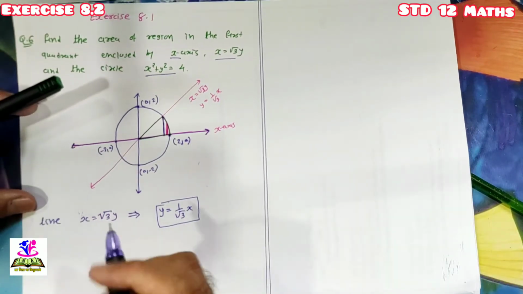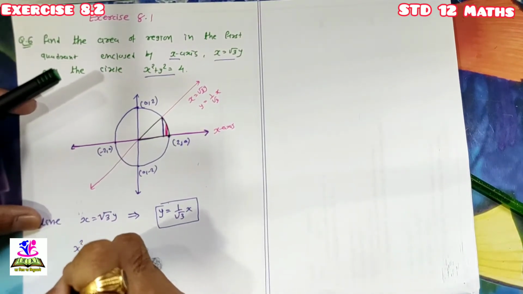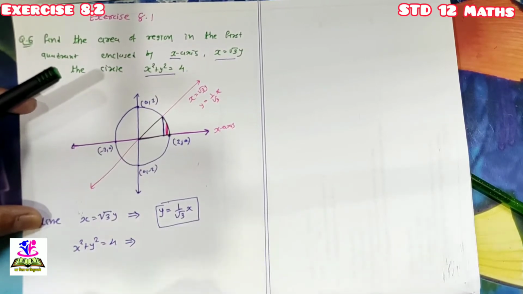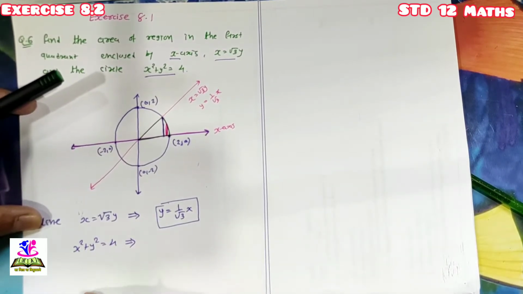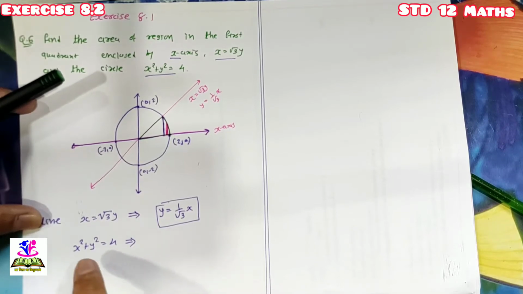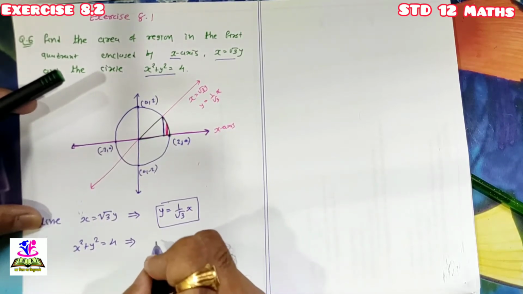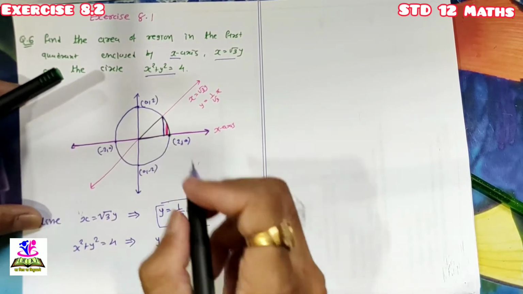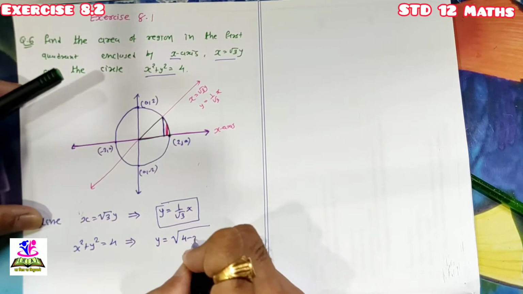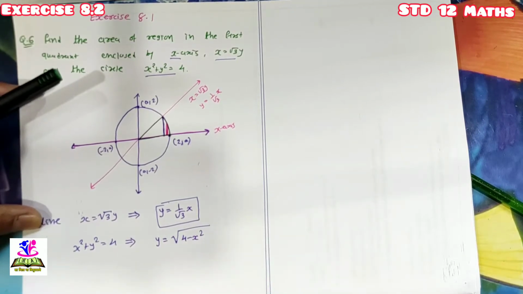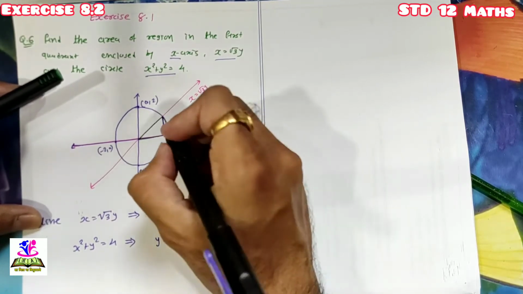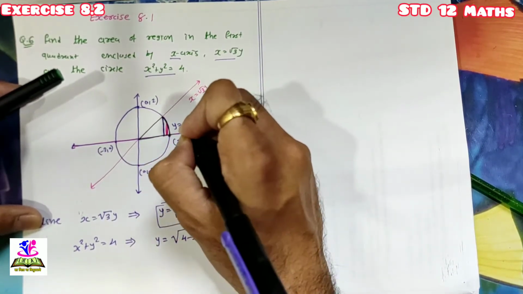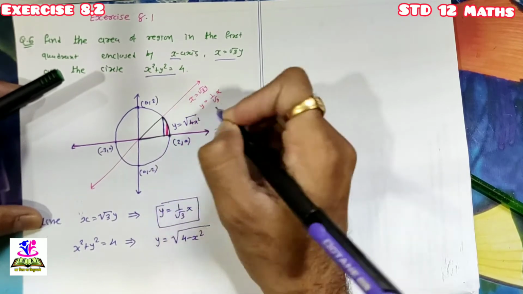तो इक्वेशन ऑफ सर्कल x square plus y square equal to 4. सो दिस इज इक्वल टू y के फॉर्म में लिखेंगे तो क्या होगा? 4 minus x square और स्क्वायर रूट. सो y equal to plus और minus होगा, लेकिन यहाँ पर फर्स्ट क्वाड्रेंट है तो इट विल बी 4 minus x square. फॉर द फर्स्ट क्वाड्रेंट वैल्यू ऑफ y इज plus square root of 4 minus x square. सो इक्वेशन ऑफ दिस कर्व, है ना, दिस विल बी y equal to square root of 4 minus x square.